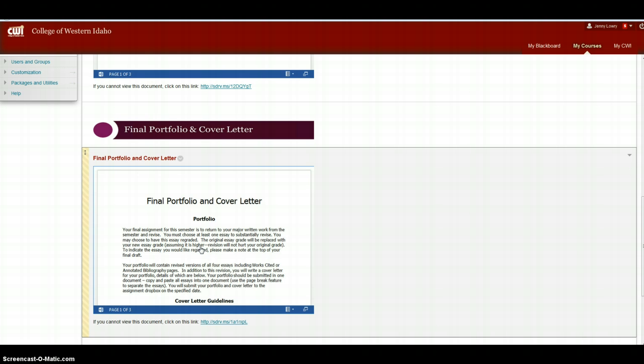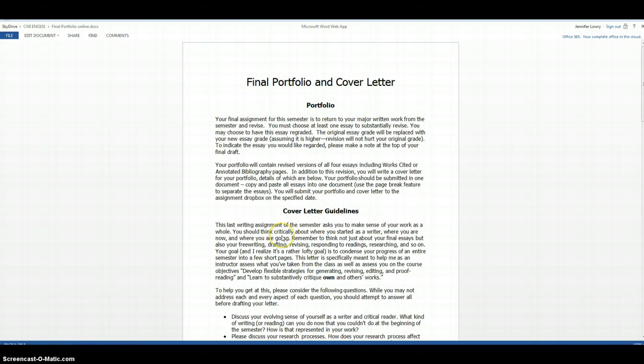So when you submit your final portfolio, let me open this up here. When you submit your final portfolio, you're just going to take the final copies of all of your essays and put them into one document. So they should be in order: Unit 1, Unit 2, Unit 3, Unit 4. Make sure you're having a page break in between each of those essays so that I know when the last one starts and when the new one starts. And this should include any works cited or annotated bibliographies that you did as well,